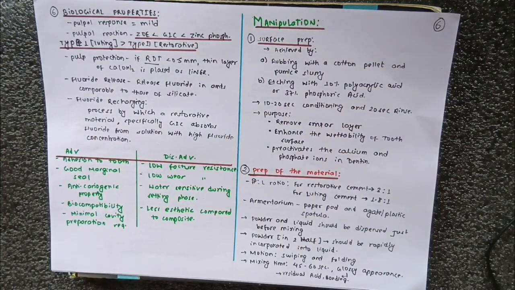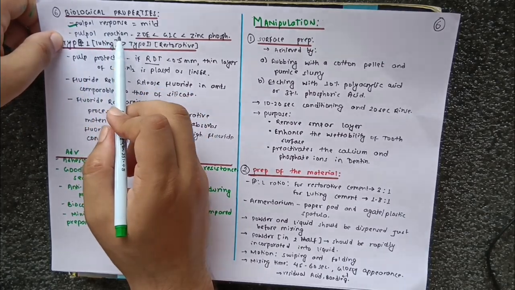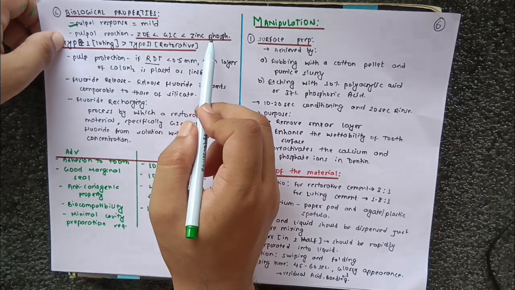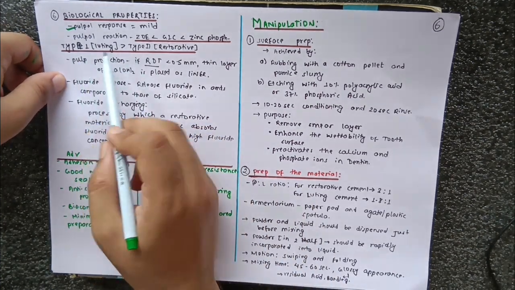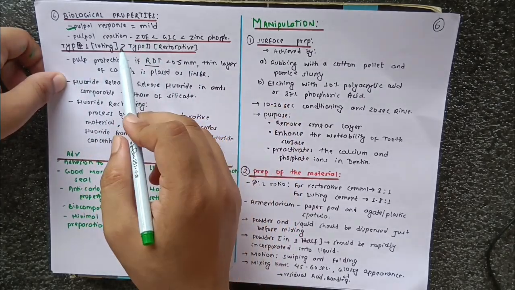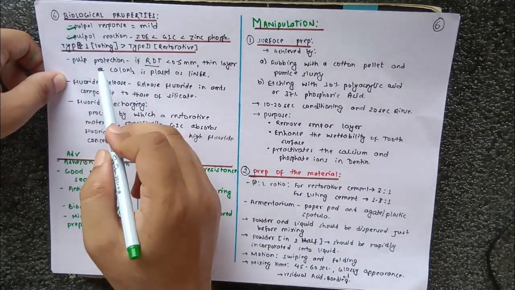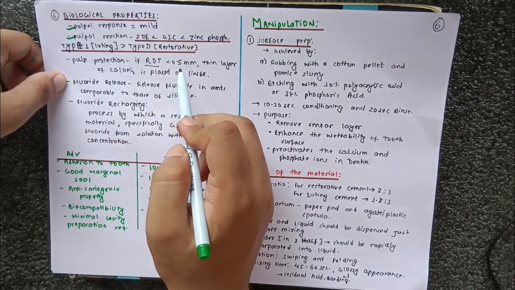After that, in biological properties, the pulpal response is mild in GIC. I have prepared a comparison: here zinc phosphate is greater than GIC and GIC is greater than zinc oxide eugenol. There is an extremely mild pulpal reaction in the zinc oxide eugenol cement. Similarly, in GIC itself, type 1 luting has more pulpal reaction than type 2, that is restorative GIC. After that, in pulpal protection, if the remaining dentinal thickness is less than 0.5 mm, then